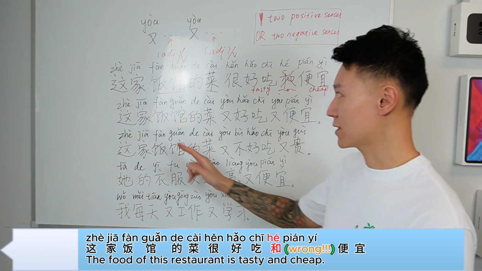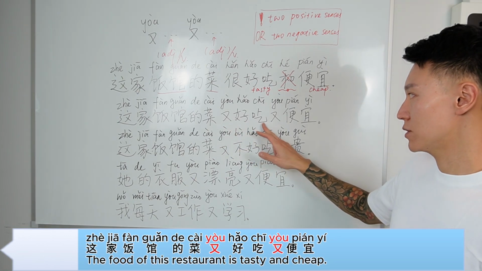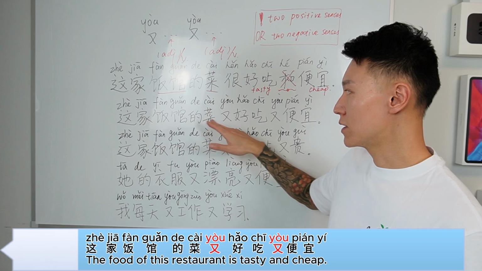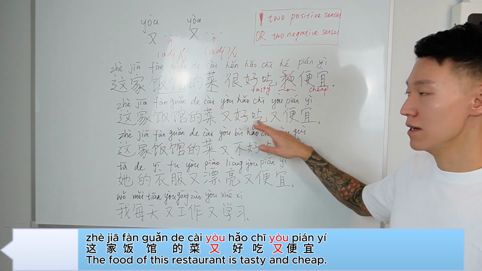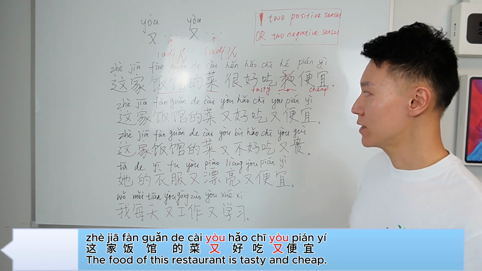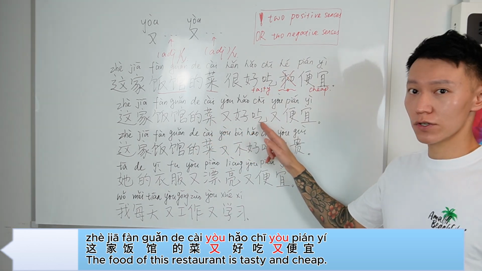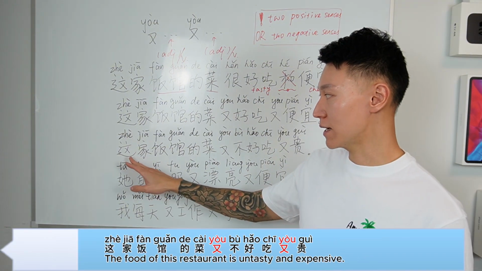Now let's look at the second one. 这家饭馆的菜又好吃又便宜。So the dish from this restaurant is tasty and cheap at the same time. Alright? So 这家饭馆的菜又好吃又便宜。